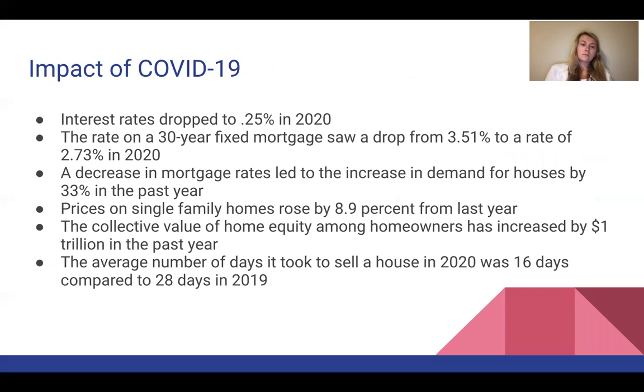As for our COVID analysis, with COVID-19 plaguing the entire country since the beginning of 2020, it has left the country in a recession along with many Americans struggling. It has also led to unemployment rates increasing, the stock market becoming more volatile, and also resulted in more legislation being passed to assist struggling Americans. In regards to real estate, with the fear of spending increase due to the uncertainties of COVID, the Federal Reserve decreased interest rates to 0.25% in 2020, which has also resulted in the rate of 30-year fixed mortgages and other mortgages dropping. In the case of a 30-year fixed mortgage, it dropped from 3.51% to a rate of 2.73% in